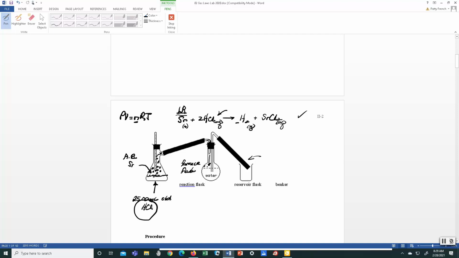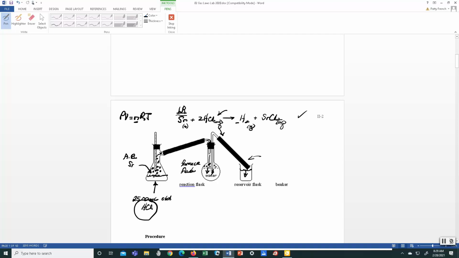And what's going to happen is this gas, the hydrogen gas itself, is going to exert a pressure on the water. And the water's way of escaping, because there's no more room in that Florence flask, the water's way of escaping is up this tube. And it will then empty into